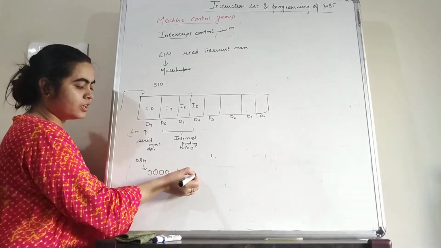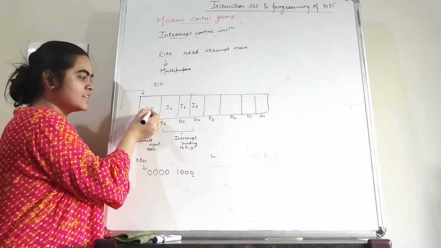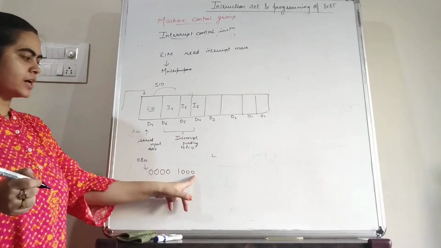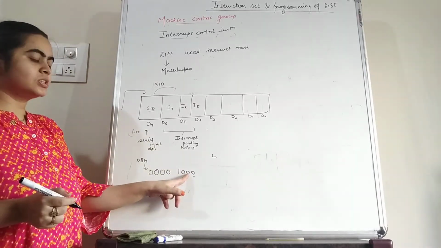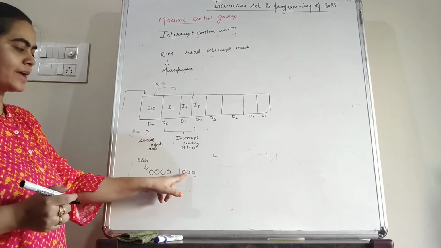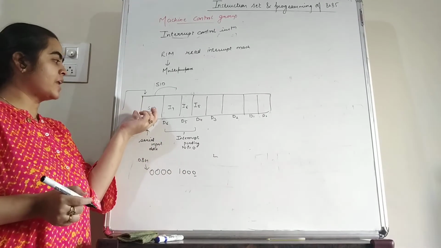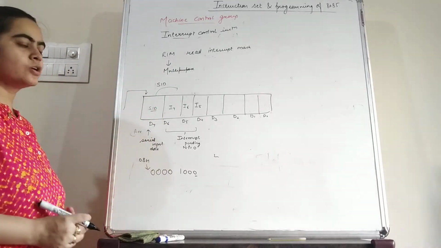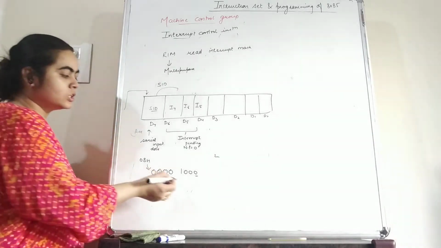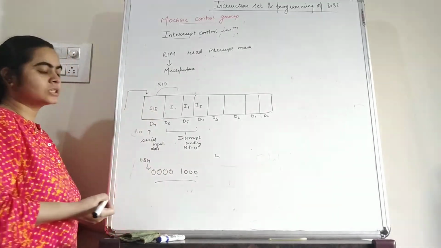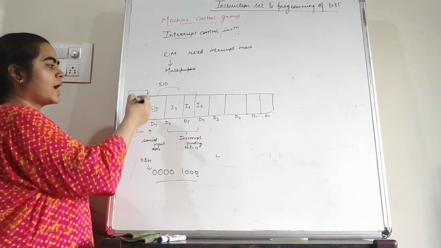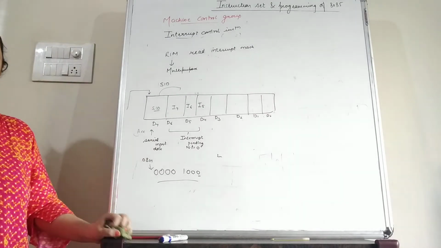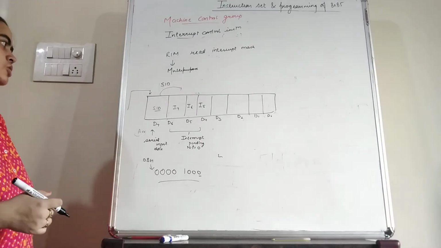Initially the peripheral device can send 0 through D7, and from D7 it will be read by the microprocessor, and after sending this, again the peripheral device will send the next bit. In this example the next bit is 0. So again the peripheral device puts that bit on the D7th location, and from this location the microprocessor can read the data. So in serial order, one by one, all the bits can be read by the microprocessor. That is the case for microprocessor 8085, because the microprocessor can perform serial transmission of data.